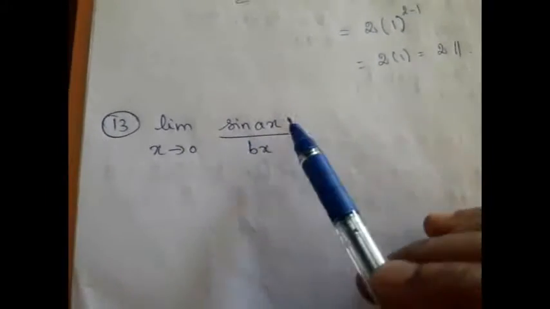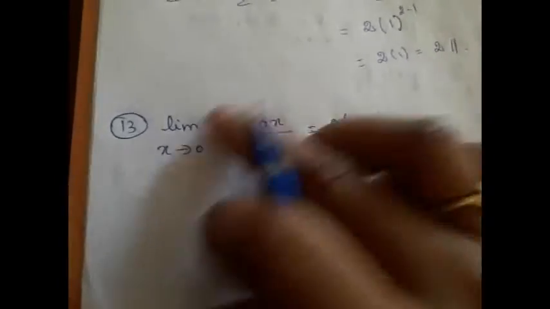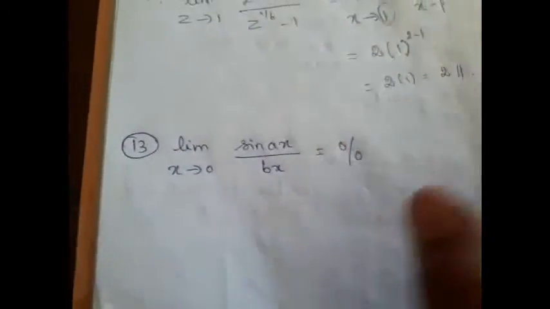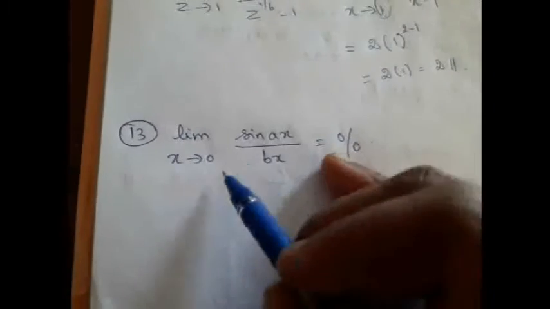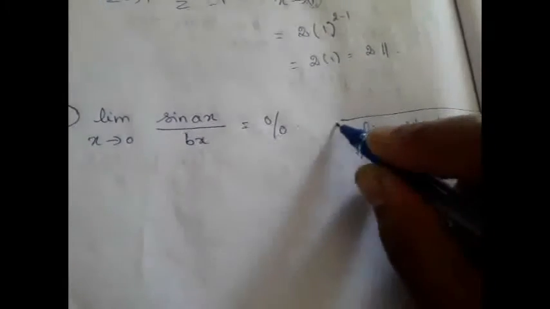Now let us see how we can solve this problem. Limit x tends to 0, sin ax by bx. As x tends to 0, sin 0 is 0 and the denominator is also 0. So this is of the form 0 by 0, and we have to do some manipulations here to solve this problem. When we have a sine function, which result do we immediately recall? Limit x tends to 0 sin x by x is equal to 1. The same value in the denominator should tend to 0, then only the result can be equal to 1.